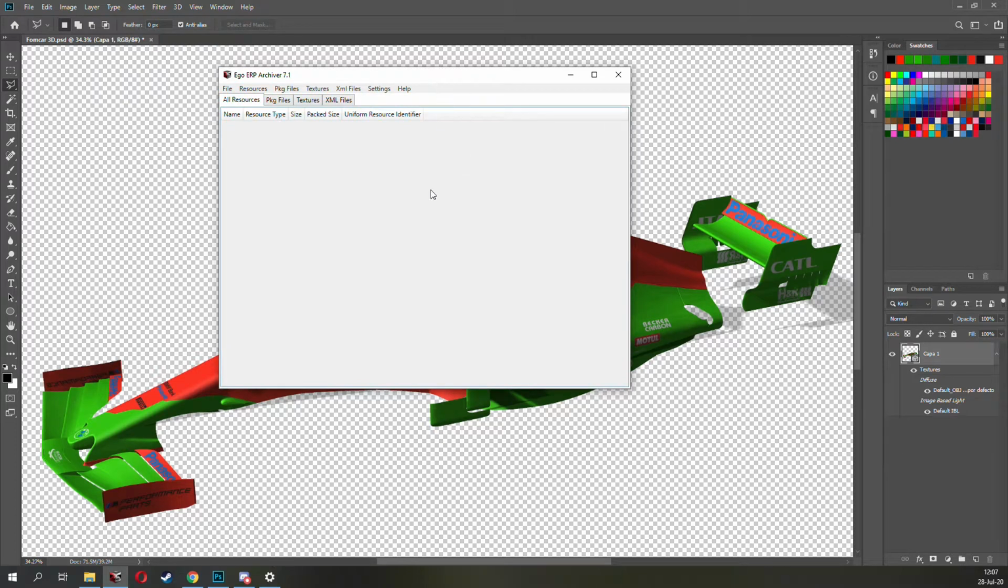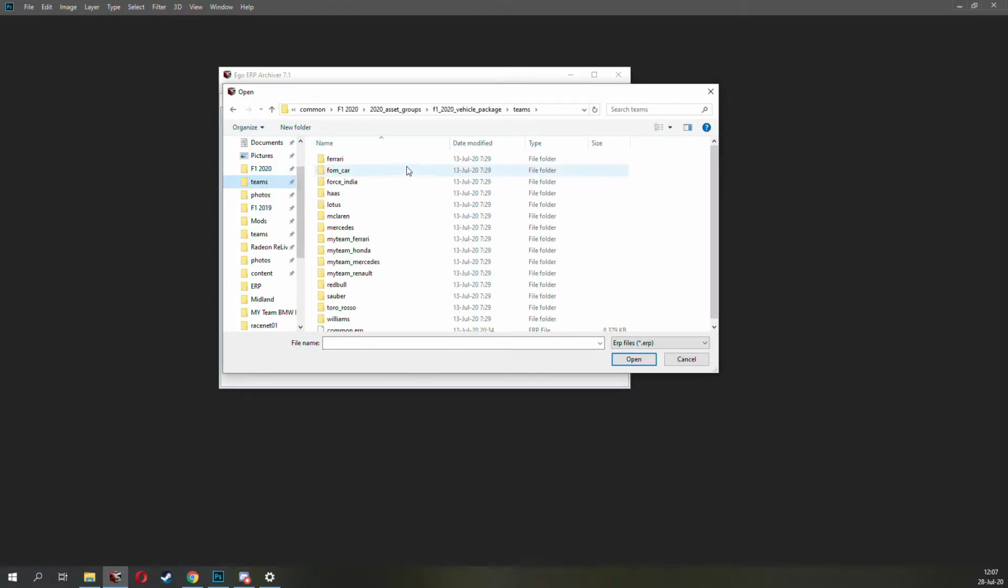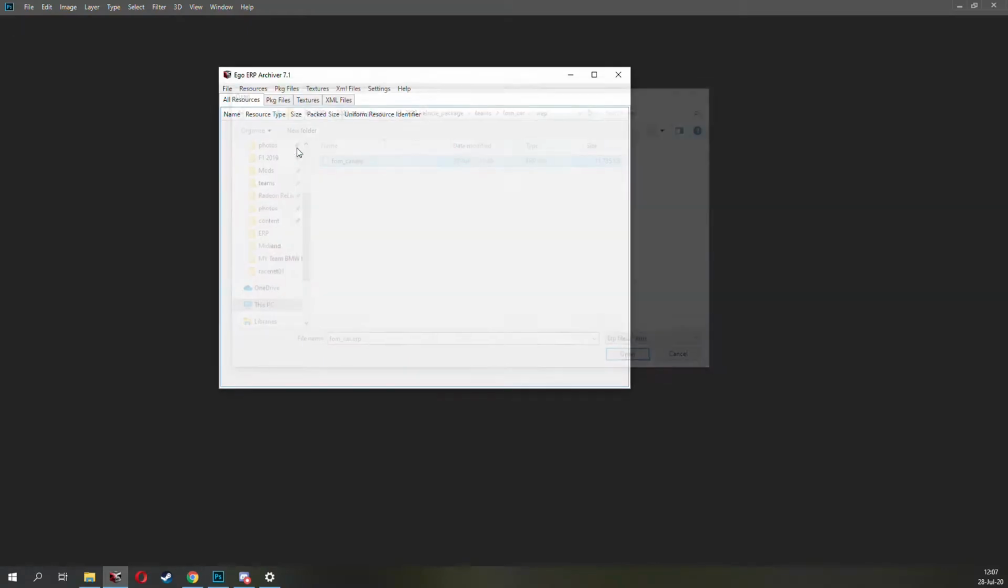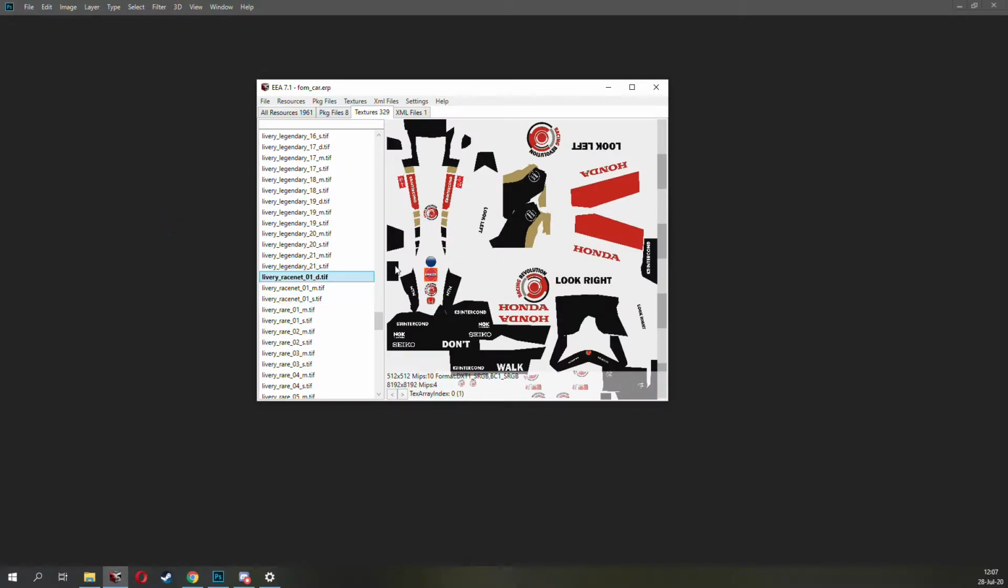So let me open up the car. Find your F1 2020, find this Teams directory, open up F1 car web, and open up the ERP file. As you can see, this is the transparency that I'm talking about. What I tend to do, and is the best when making these kinds of liveries, is to find the livery RaceNet _D, and then go and replace